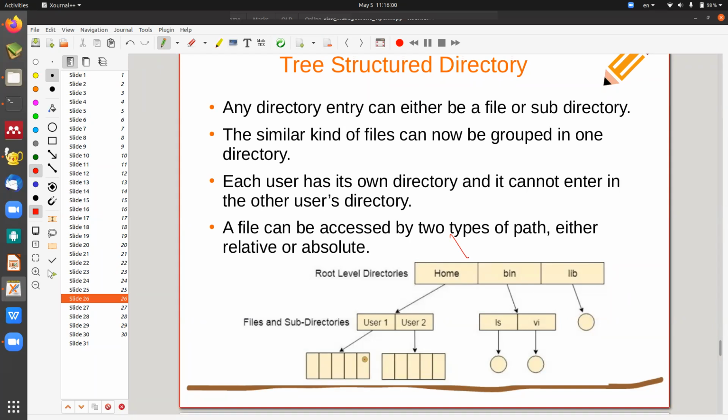समझ में आ गया? But here, one problem. What is that problem? Let's assume there is a user 1 or a user, or assume this is a directory and this is a directory. Can I create one file which will be used by both directories? No. इसे क्यों चाहिए? Siblings. I will create one file, but both of them can use it. Means what? Suppose I create a.txt file. It is present in P directory, and also present in Q directory. If I change the a.txt here, will it be reflected in Q? Yes.